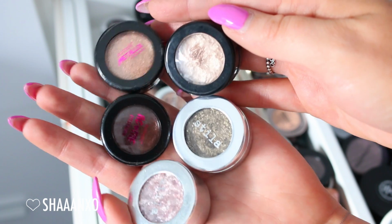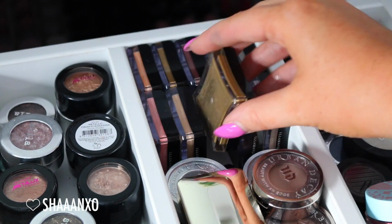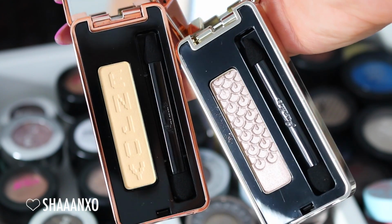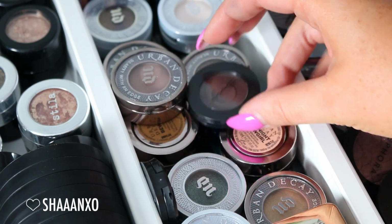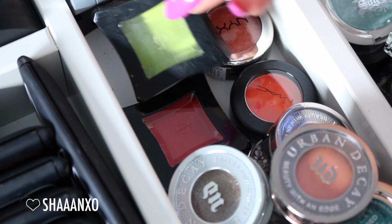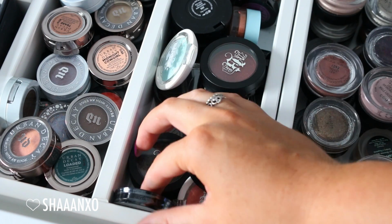In the back here I have my melt stacks, and then all of these ones are metallic creamy eyeshadows that I like to use a lot, so Australis, Stila, and Makeup Revolution. And then over to the side at the back are all my Illamasqua eyeshadows, and I also store a lot of my Urban Decay, Guerlain, just heaps of brands like that down here. I also have more Illamasqua eyeshadows, some NYX, MAC, and then over to the next little bit, I have some